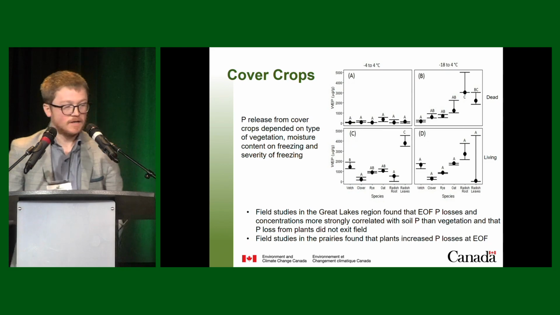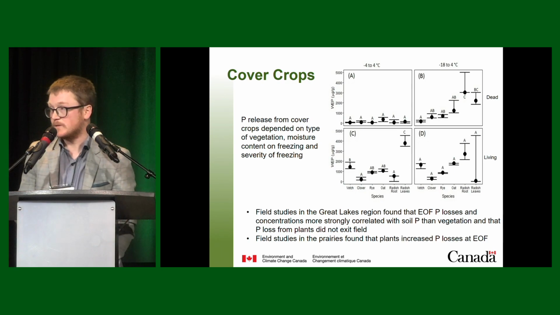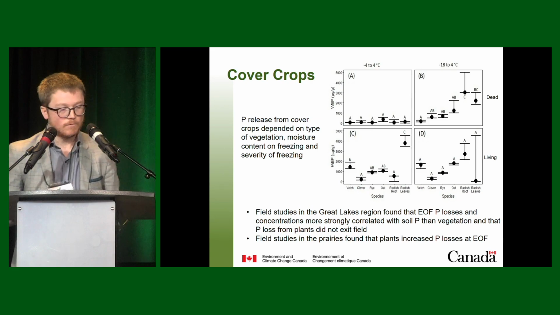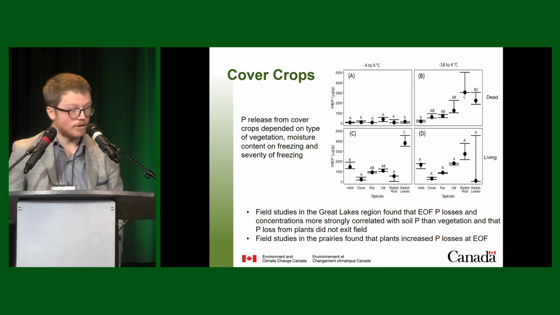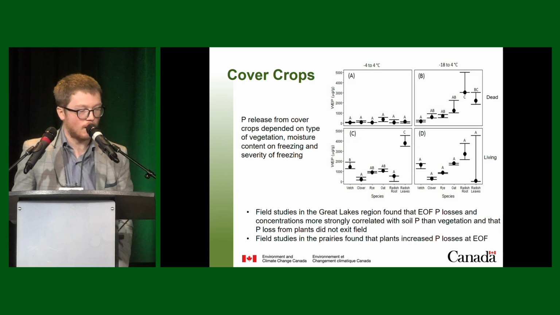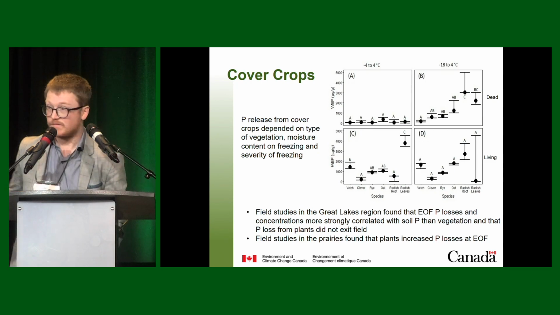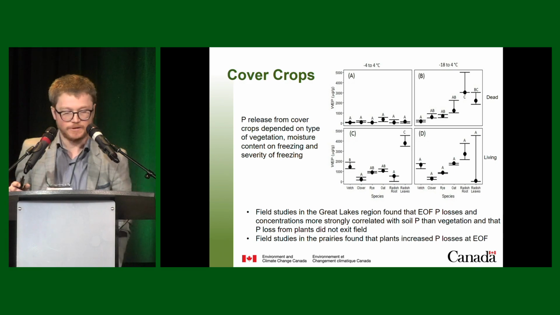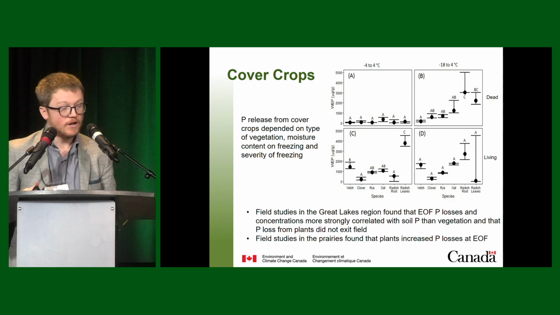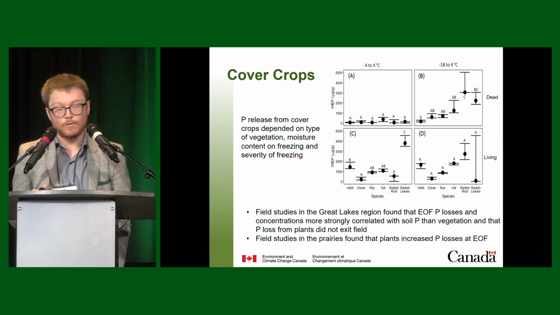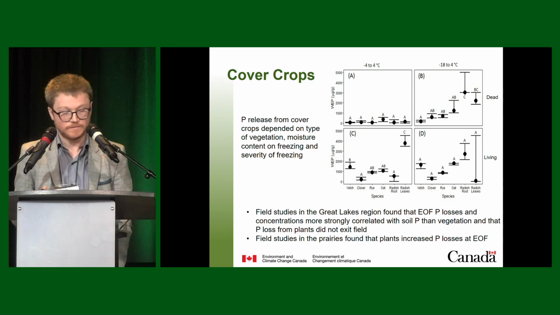What about cover crops? So, of course, we hear a lot about cover crops as a management strategy, and how well might it be suited to our Canadian prairie condition? So what we're looking at in these figures here, we have different cover crop species along the bottom, and then the phosphorus release along the y-axis, and then two separate conditions. So on one hand, we have either living biomass for the bottom two figures, or dead biomass for the top two, and then two different temperature conditions, either a relatively moderate climate, -4 to +4 C, or more usual to our conditions, -18 to +4.